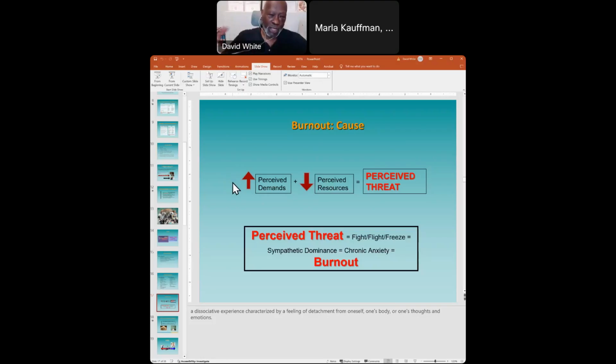Once you have processed whether this thing is a threat or not, you take appropriate action. If it's a real threat, you get the hell out of Dodge. If it's not a real threat, then there's a feedback mechanism that says to the brain, okay, shut down the parts that are producing all these extra hormones and these things that are causing this individual to be anxious. And that thing gets shut off. And so all day long, your brain is mediating between perceived threat and safety, perceived threat and safety.